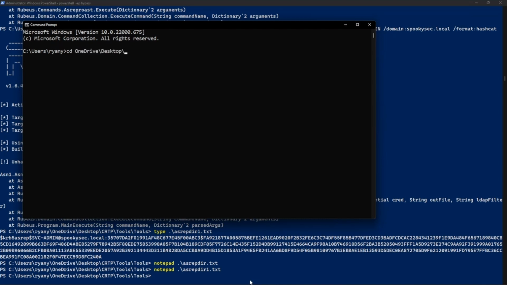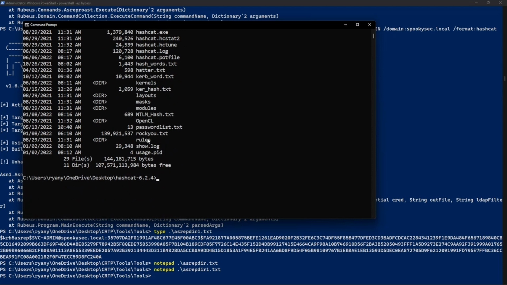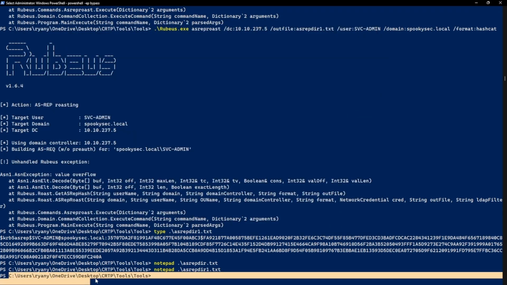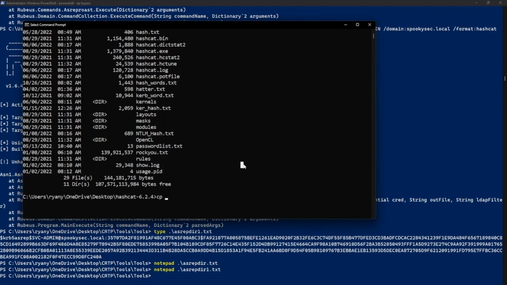Desktop, Hashcat, dir, and you can see that I do already have the other one in here, but let me go ahead and do a copy from this whole thing right here. Copy like that, and then we'll do a hashcat,